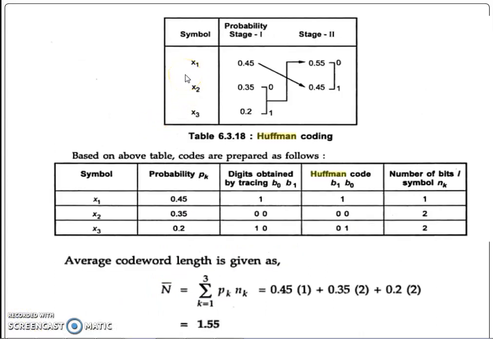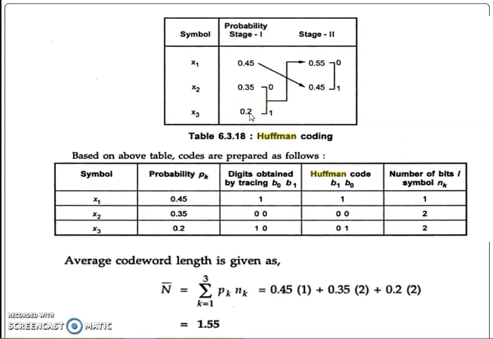These are the steps you have to follow for the Huffman coding algorithm. First, you have to write all the symbols which are given. So I will write the first column as x1, x2 and x3. The next column is the probability of the symbol. First I will enter the maximum value of the probability. That means I will write all these probabilities in descending order. The first entry will be the maximum probability and the last entry will be the lowest probability. So I can write 0.45, 0.35, 0.2 as given in the numerical.